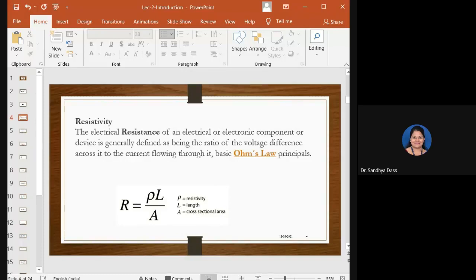Resistance is equal to rho L by A. It is directly proportional to the length and inversely proportional to area. So it becomes quite difficult to actually talk only about resistance. And we also know that the resistivity is given by rho here, as you can see in the relation, where it is measured in units of ohm meters, right?